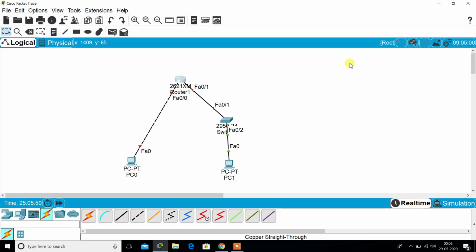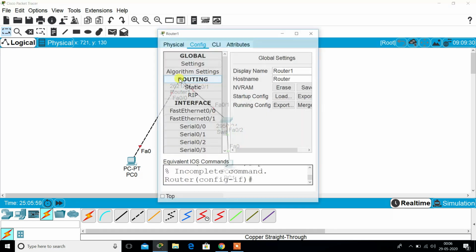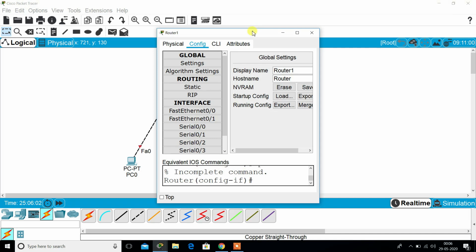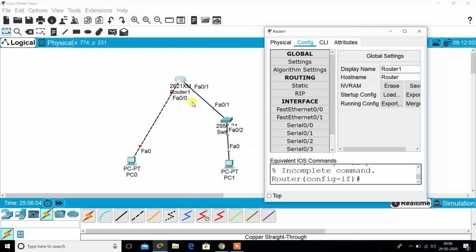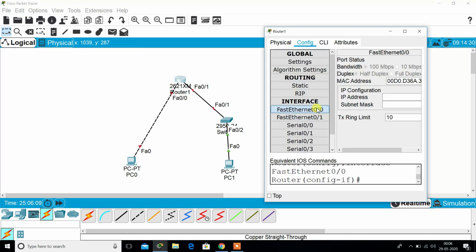Now we will learn how to assign an IP address on the router's port. In the previous video on network cables, I told that we can assign an IP address simply by going on the router, going in configuration mode, and if we want to assign an IP address on FastEthernet 0/0, we simply go on this port and can give the IP address here also. But in this video, I will tell you how to give an IP address by using commands, because we should know which commands are running behind this.